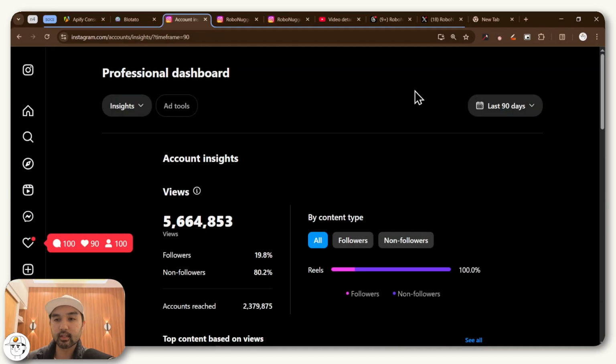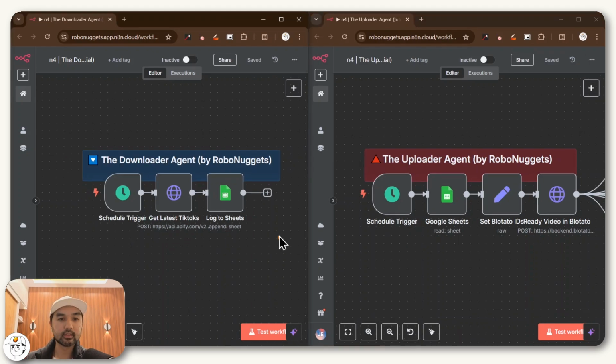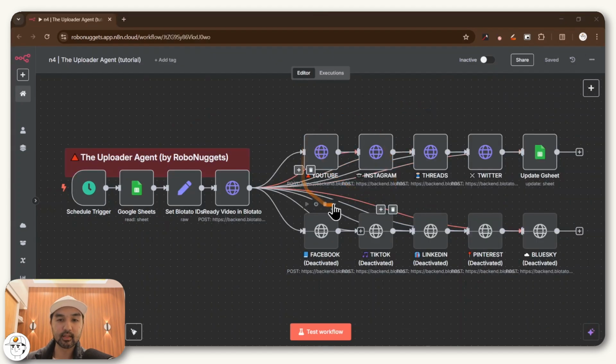In fact, if you just look at our account insights here for the last 90 days, we were able to get more than 5 million views here and also reach more than 2 million people using this automation that I'm about to show you. Because to get those results, all I needed to set up was these two no-code agent workflows that download all my existing videos daily and then upload them not just to Instagram, but now I'm also experimenting on posting it to YouTube Shorts, to Threads, and Twitter, and pretty much anywhere else that you want to